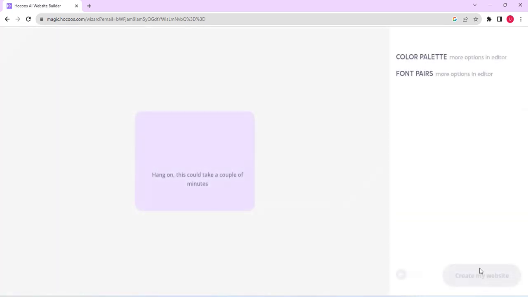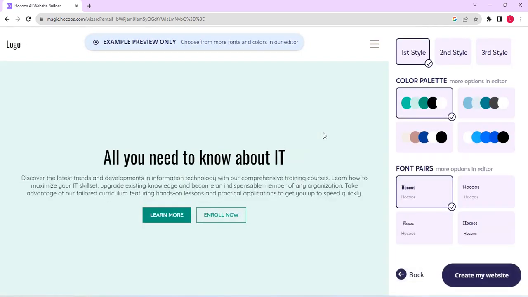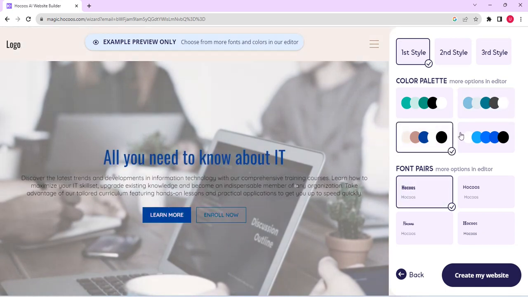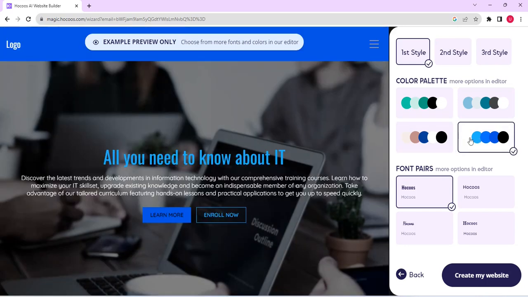Okay, so the creation process has started immediately. As it stands, it is in seconds, literally. Your site is ready in seconds. You can change the color palette by selecting a different color palette. I'm just testing it. I think I like this now. So for the front page, you can select